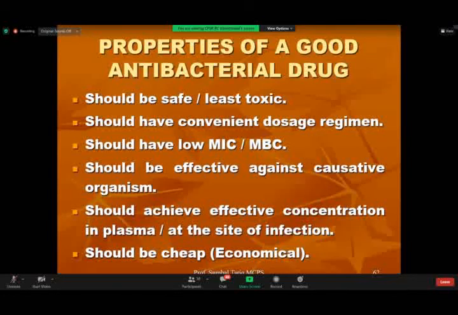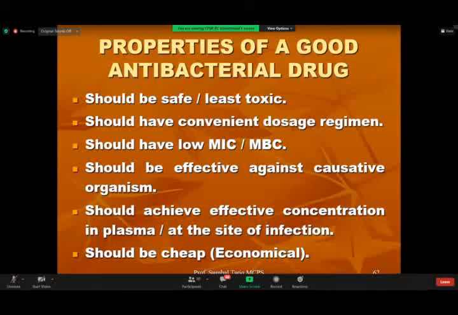Then the antibiotic that you are giving should be effective against the causative agent. अब आप किसी को गलत drug दो, like अभी मैंने थोड़ी देर पहले कहा कि anaerobic infections, let's say, हैं, and you have to cover anaerobes, and you start giving them just a drug which covers the gram-positive portion. कुछ भी नहीं, खाली आप उसको amoxil दे रहे हैं, या आप उसको first generation cephalosporins में से cefradine देना शुरू कर देते हो, and it does not cover the anaerobic portion of the infection or the anaerobes.